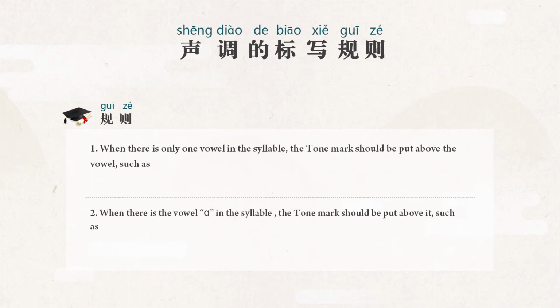Afterwards, let's learn some rules of tone marking. Second, 声调的标写规则。First part, 规则。Rule 1. When there is only one vowel in the syllable, the tone mark should be put above the vowel, such as